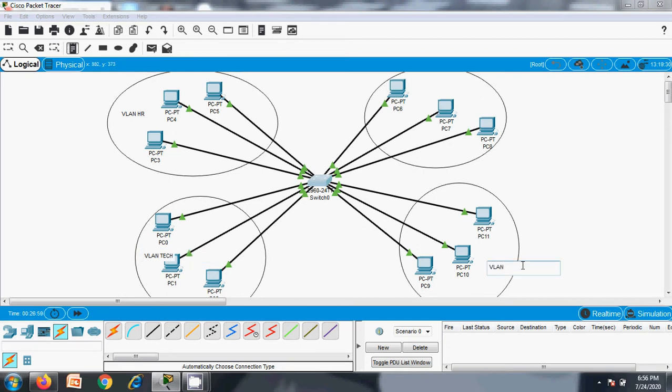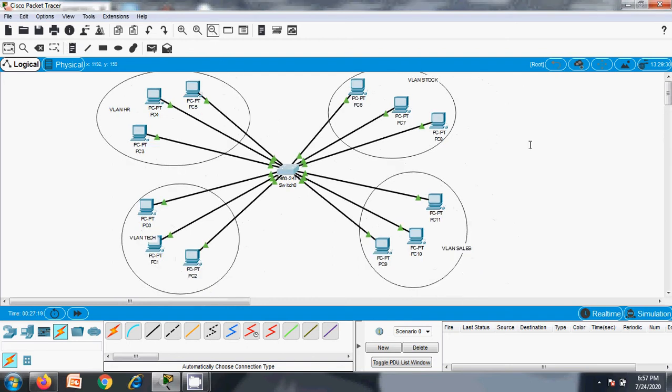This is VLAN sales department. This is VLAN of stock department, right? So let's have 4 major VLANs, right? All the VLANs are separate departments, and all systems here belong to the same organization, but we have separate LANs to restrict communication between these devices, right?